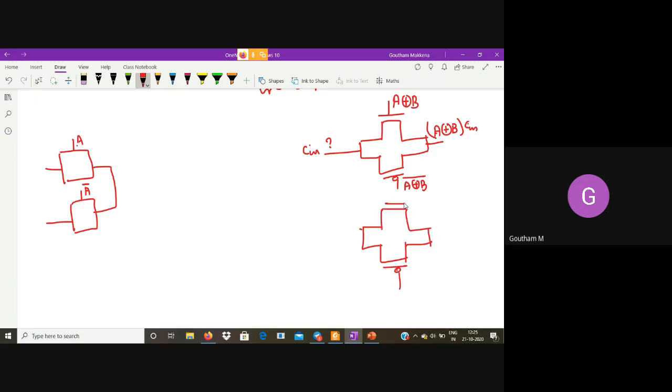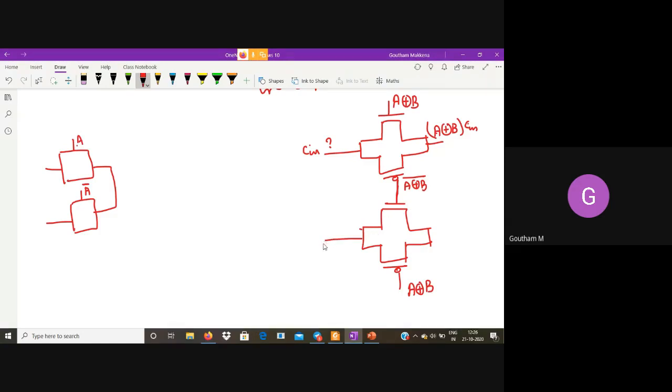Since the top transmission gate NMOS is getting A XOR B, the bottom one should be getting A XOR B whole complement. So I'll connect A XOR B whole complement here. But what do I intend to implement? This becomes A XOR B, so I'll connect this here. This is A XOR B whole complement.